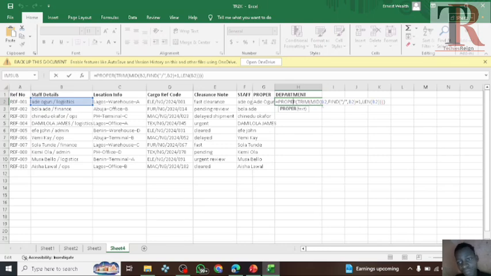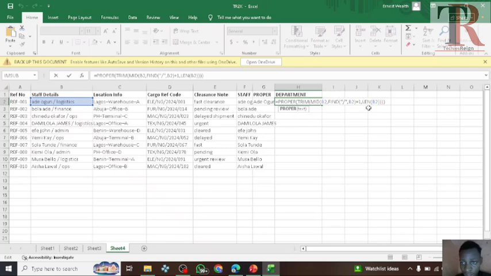Now the MID, this is where the function starts. It said in B2, you know, when you use MID, you specify the location where you want to start from. So from this B2, start from the slash. That is what this FIND slash means. So start from the slash. Then the slash is the 1 2 3 4 5 6 7 8, the eighth character. So start from the ninth